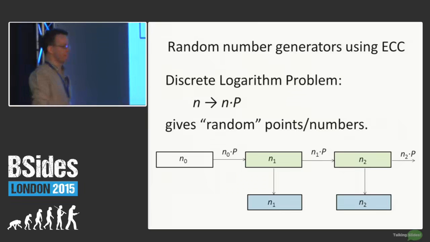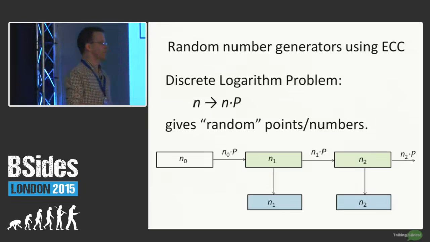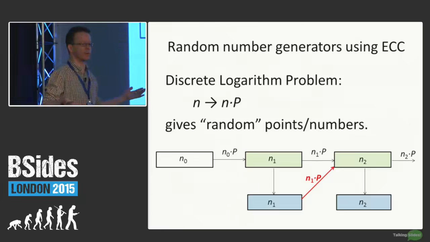Well, there's one problem here. It is reasonable to assume that an adversary can read the output. Say they can read n1. That's not a bug, that's a feature of many random number generators. Random numbers are often shared. The problem is, if someone can read n1, they shouldn't be able to predict n2, n3, etc. However, of course, if they can read n1, assuming this is a public algorithm, which algorithms should be in crypto because we want things to be open, they can easily find the numbers n2, n3, etc. So this is not a good random number generator.